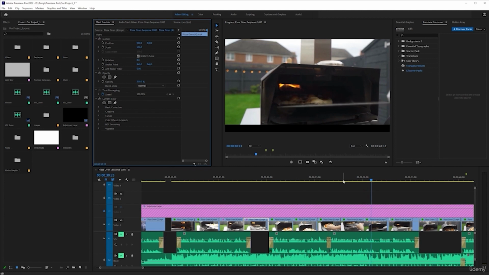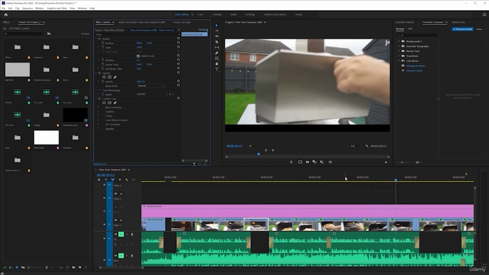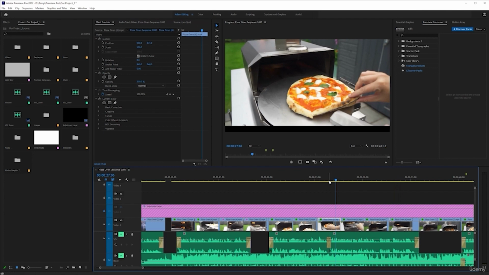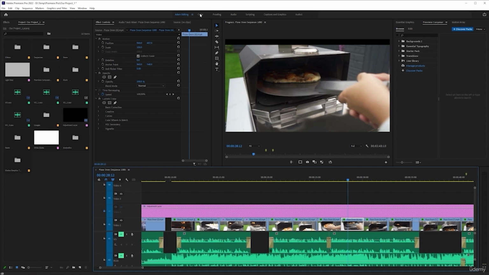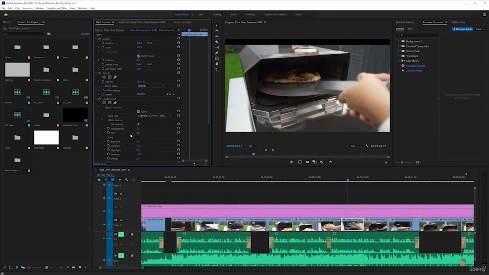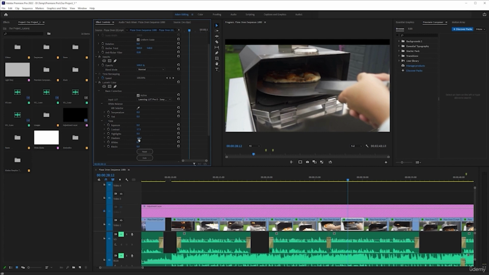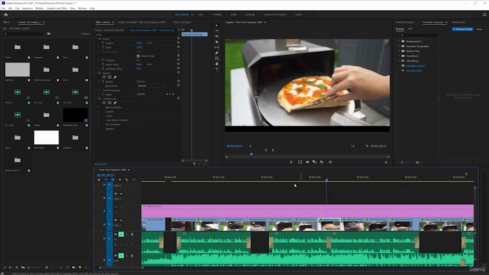That's a little bit dark. Maybe that is. Okay. Let's correct that, because it is a slightly differently lit scene, but we only want to make a couple of little adjustments. So let's play that into there, and that is a little bit dark. Now we could go to the color tab or color workspace and go down the Lumetri color tab, but if it's only just a little bit, what we could do is we could come down here, maybe bring up the shadows a little bit. Yeah, that helps. Maybe take up the exposure ever so slightly. We don't want to do too much because we don't want it to stand out like a sore thumb against the other footage, but